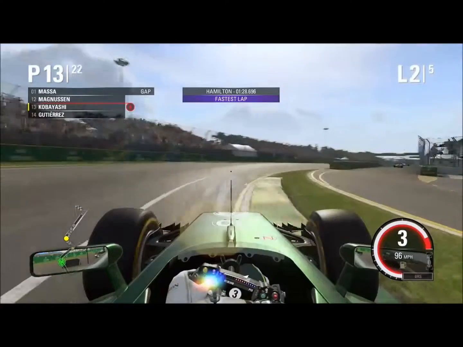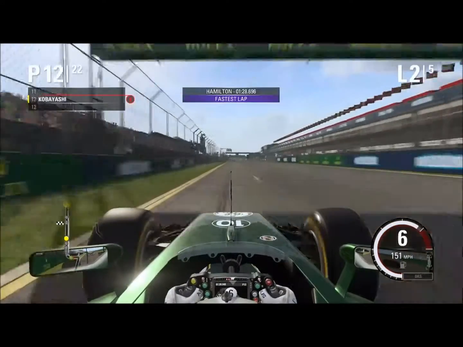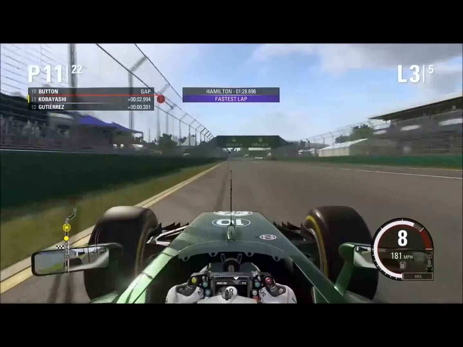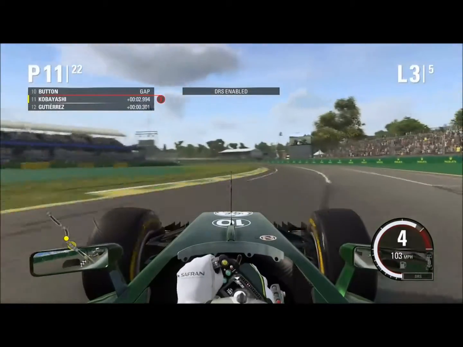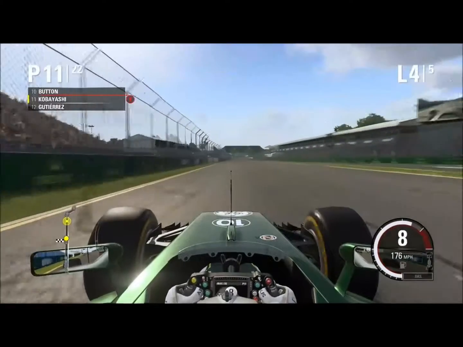Gutierrez himself. So as Hamilton sets the fastest lap now, we are just one position behind Mr. K-Mag. As you can see, cars are pitted now, so that's going to put us in the mix a little bit, as we're in 11th place now, which is not too bad, and DRS has been enabled, so that's really going to be very bad for us. Cutting to lap